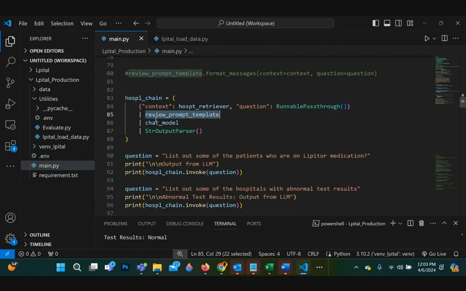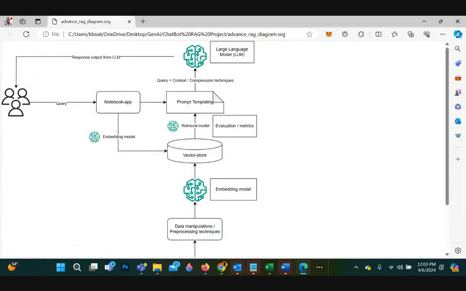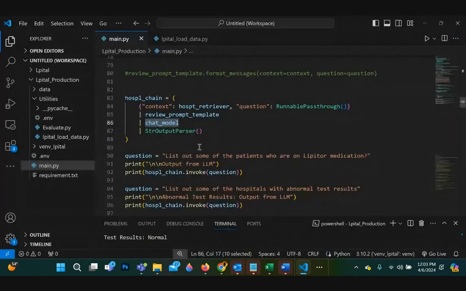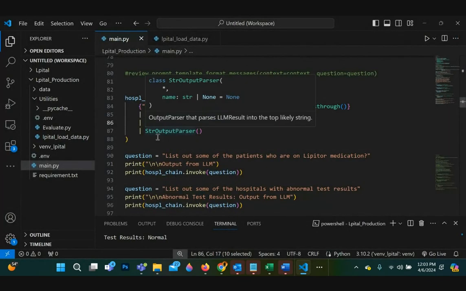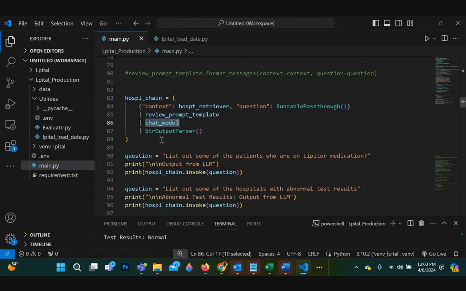And then once the template has these two variables, information coming in, it's being passed or chained to the chat model. So that's the LLM here. And then the LLM responds, and the response is passed through the output parser to put it in a readable format. So this is the chain aspect of LangChain.